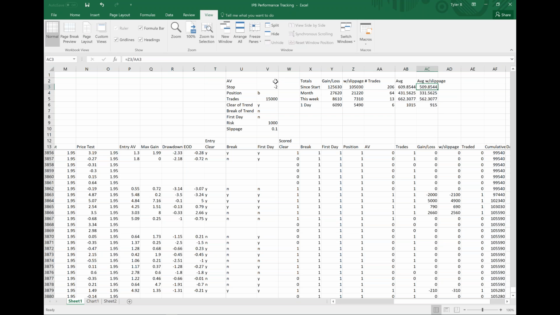Notice that when I do 3, my overall profitability was $105,000, but my average was $509. Now watch what happens when I drop this to 1. If I make it 1, my total profitability jumps to $120,000, but my average drops to $302. So in other words, I do a lot more trades to make more money, but my average profit per trade is less. And that's a critical question because if you have limited amounts of capital, you maybe can't do 400 trades in 7 weeks because it takes too much money. If I make this a 3, well, now my trades are cut in half, and yet my profitability didn't go down that much. It went from 120 to 105, but basically on half the number of trades.